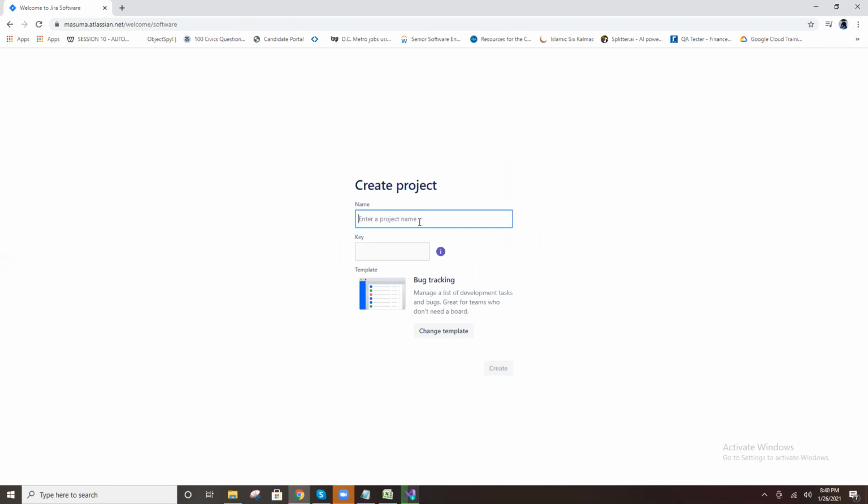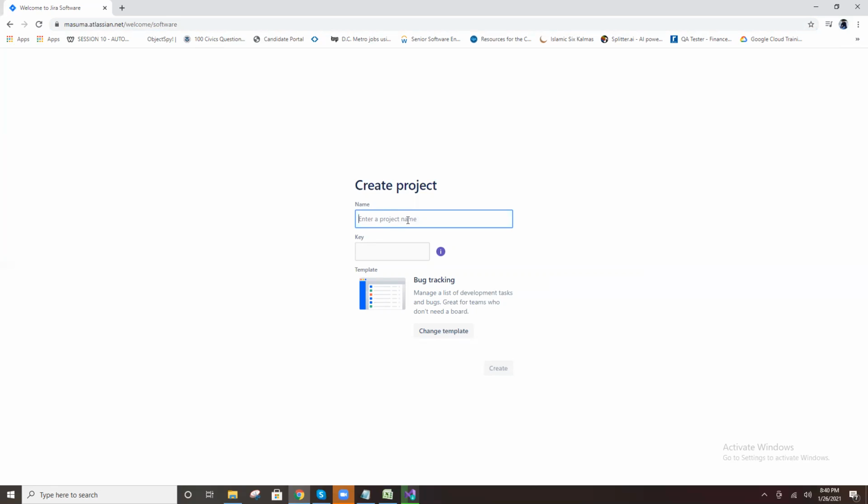Enter your project name. In the organization, this is the organization URL. They will provide a URL and access to you. In the organization, don't create this type of URL. For example, your company is abc.atlassian.net, that project URL is there. You log in, and already in the organization many projects are there, so select your project.